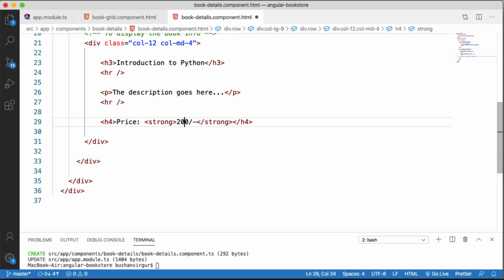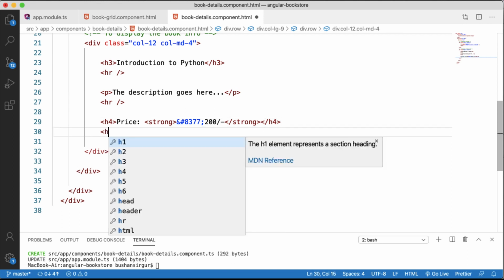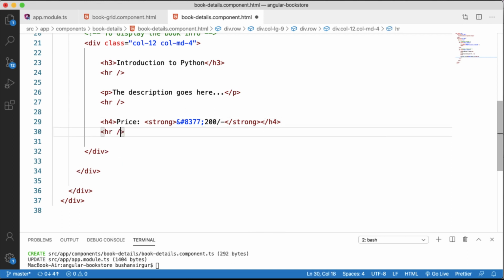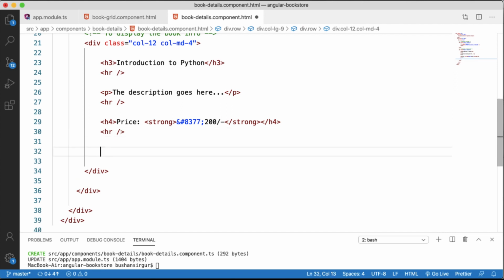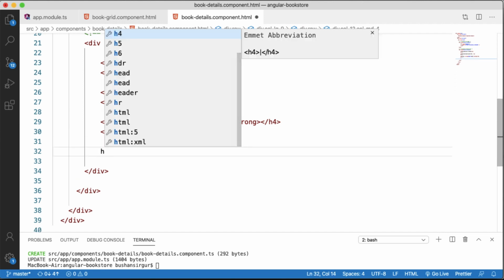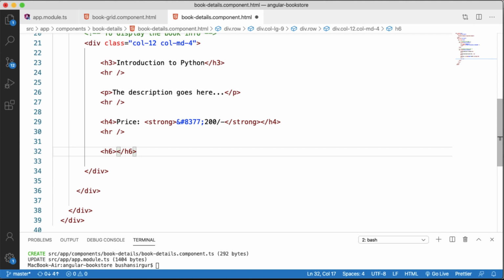So for now I'm going to make use of the HTML element to display the rupee symbol. Let's include a horizontal row, and I'll make use of the h6 element to display the quantity available.